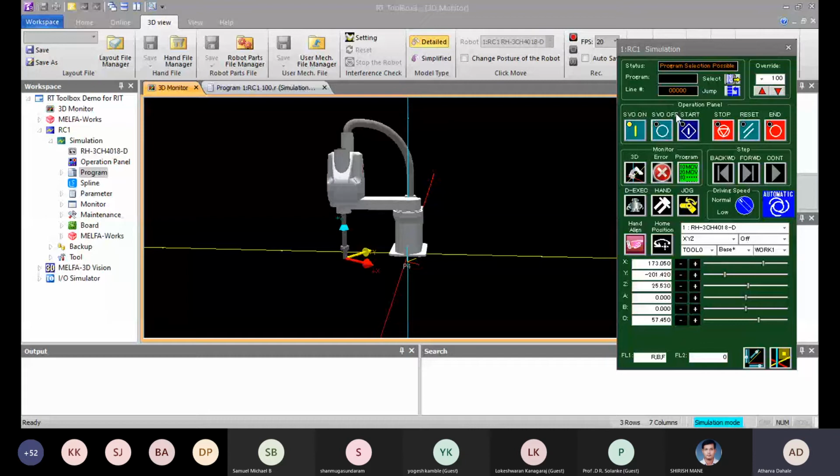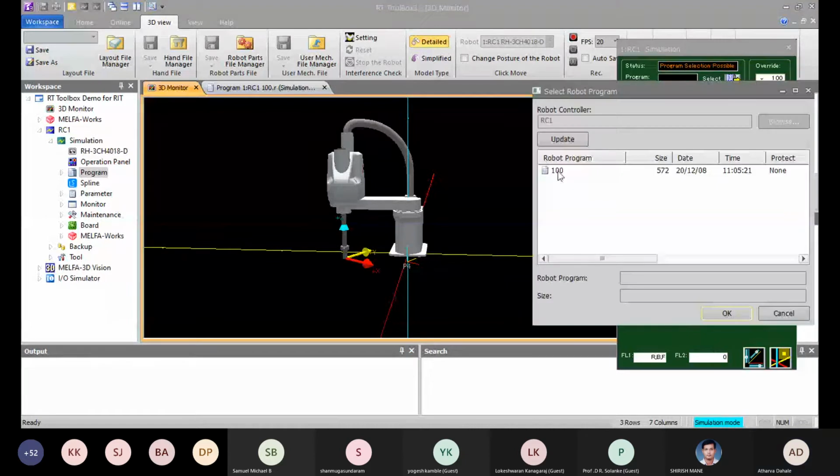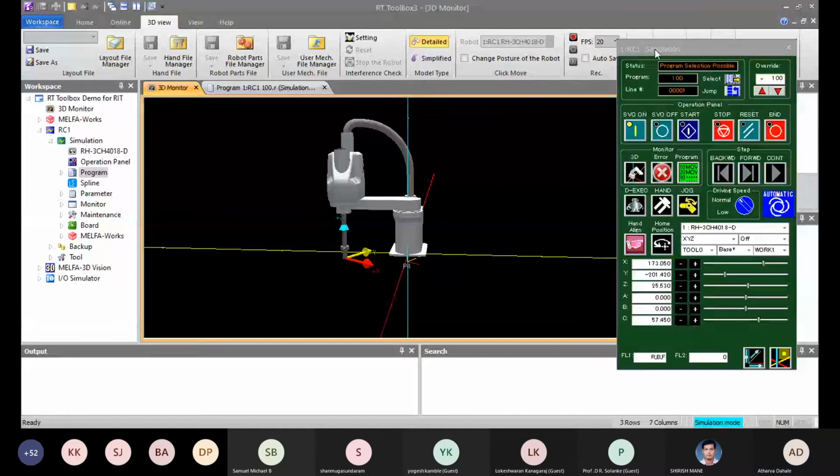After that, you have to select the program. The name of my program was 100. So I am able to see it here. I have clicked on 100 and clicked on OK. Now you can see the program number 100 is selected and the robot is currently on line 1 and it has stopped.